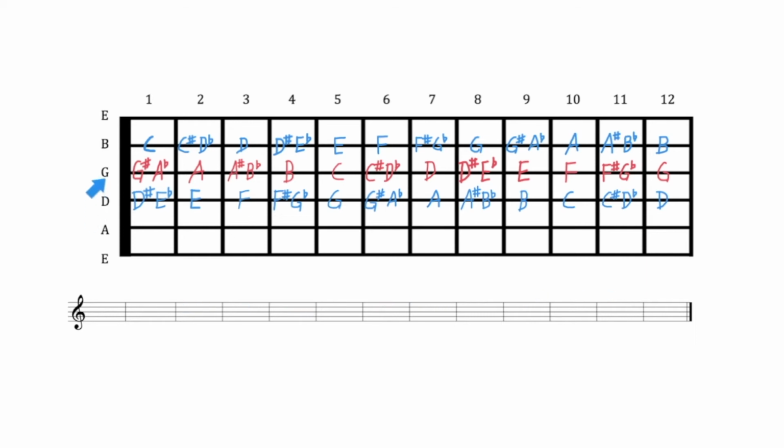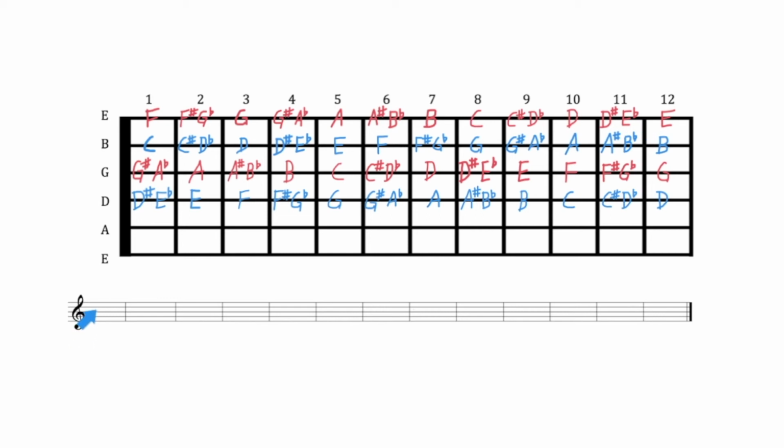Next, we'll continue to the higher notes on the guitar and do the high E string. We start with the open E, followed by first fret F, then F sharp or G flat, third fret G, fourth fret G sharp or A flat, fifth fret A sharp or B flat, B, C at the 8th fret, C sharp or D flat at the 9th, D at the 10th, D sharp or E flat at the 11th, and finishing it off with E.